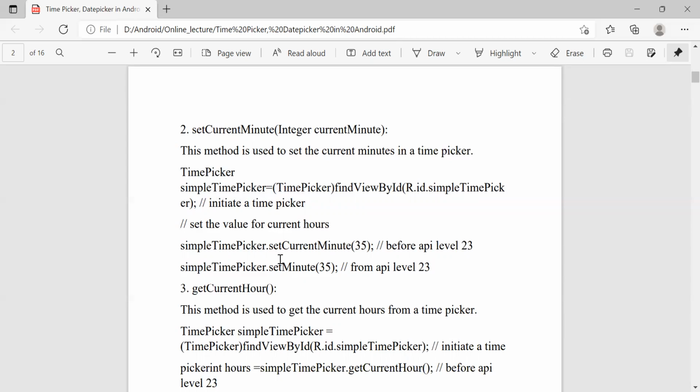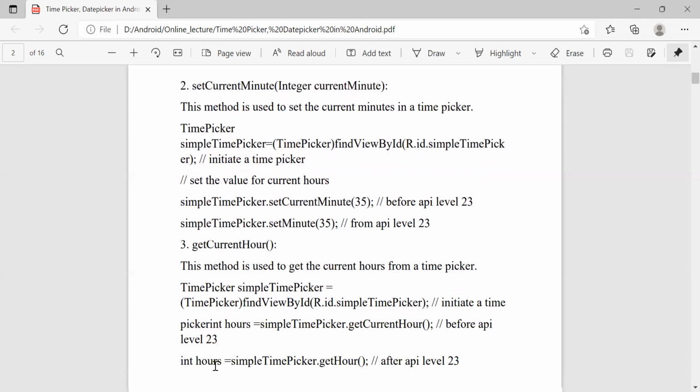Next is get current hour. It is used to get the hour time. For that we create an object of time picker. Here we create the object, simple time picker, and assign it, creating an instance and initiating the time. Then we write int hours is equal to simpleTimePicker.getCurrentHour. So using the object of time picker, we call the method getCurrentHour, and we store it in an integer variable.